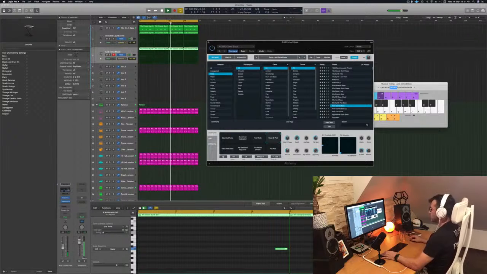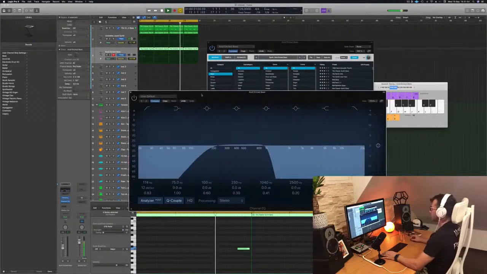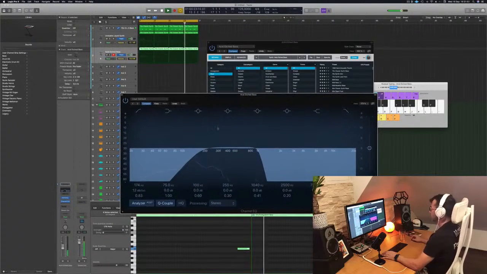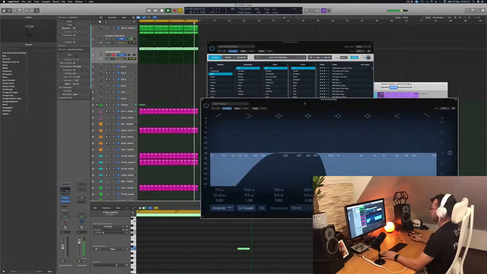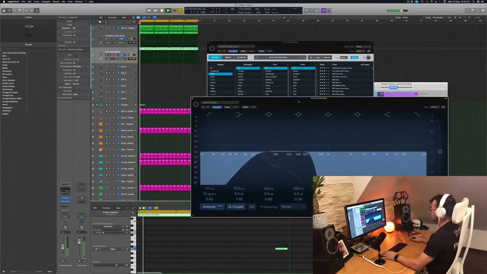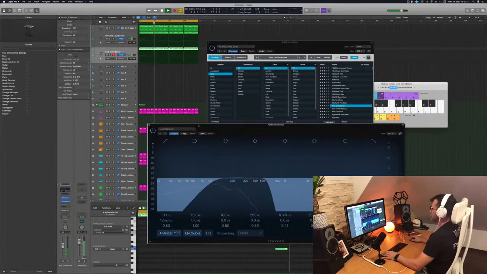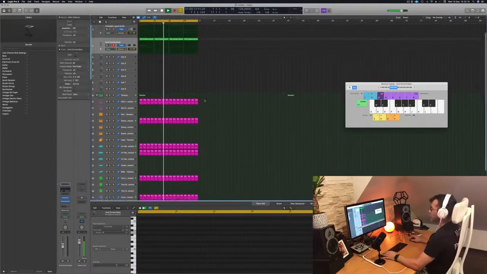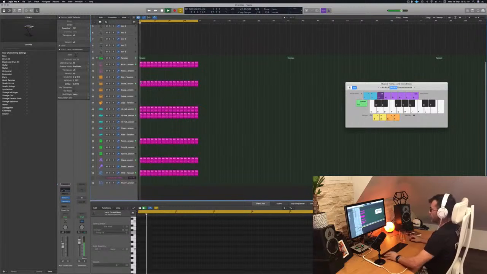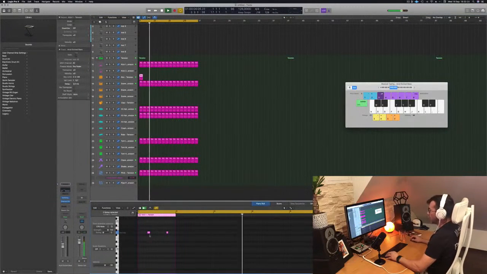This I will open. A bit more drums, guys, now. There's a rim here that just waits to be